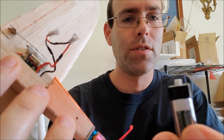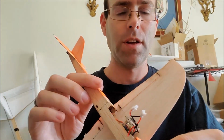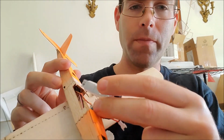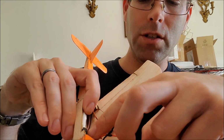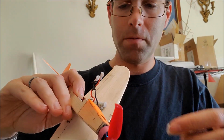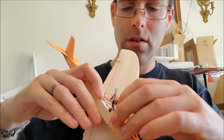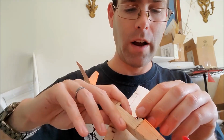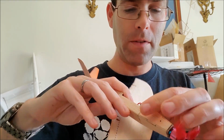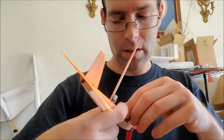Okay, so these are your battery packs, or individual cells, and the way that you would put those in here is they fit in like this. There's just enough space up forward of those for the plugs to fit in. Although, yeah, there we go, like that. And so those plugs would tuck up there. However, excess wire can go above the batteries because, as I'll show you in a second here after I get these stowed,